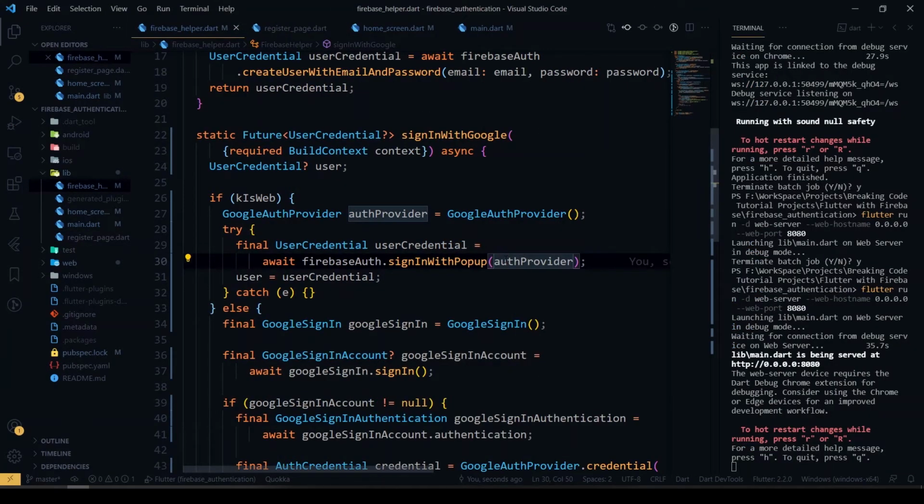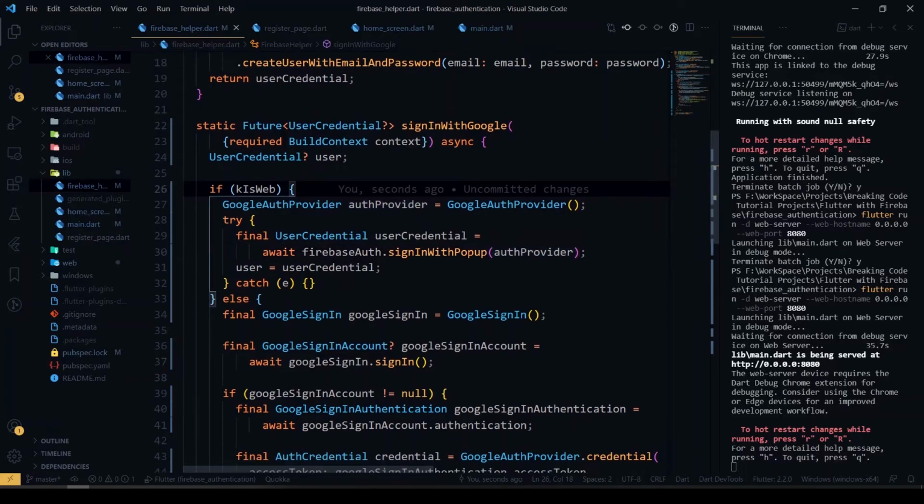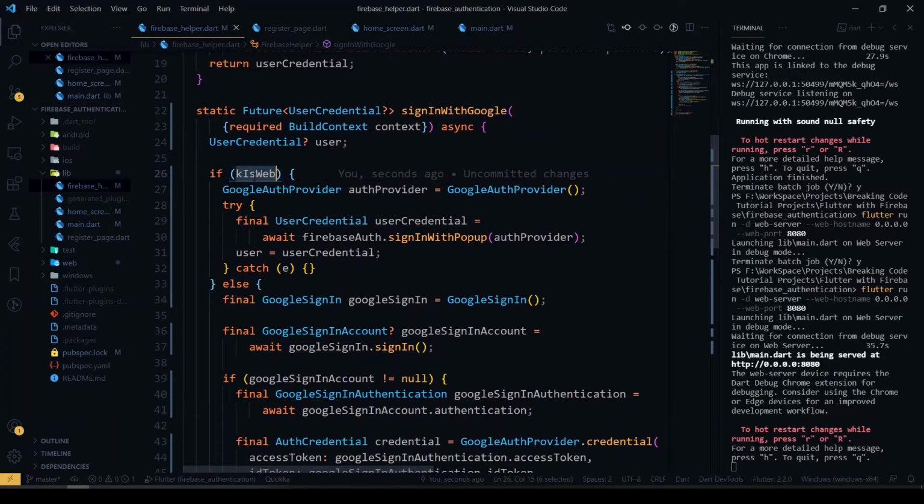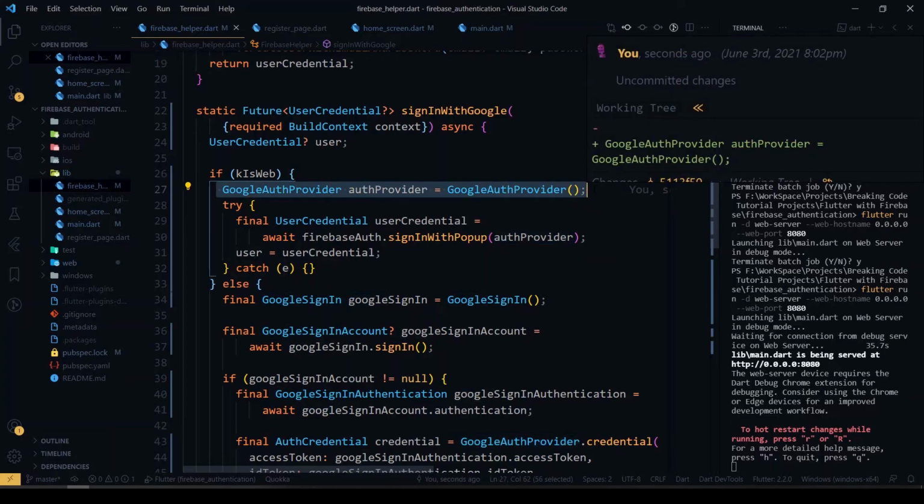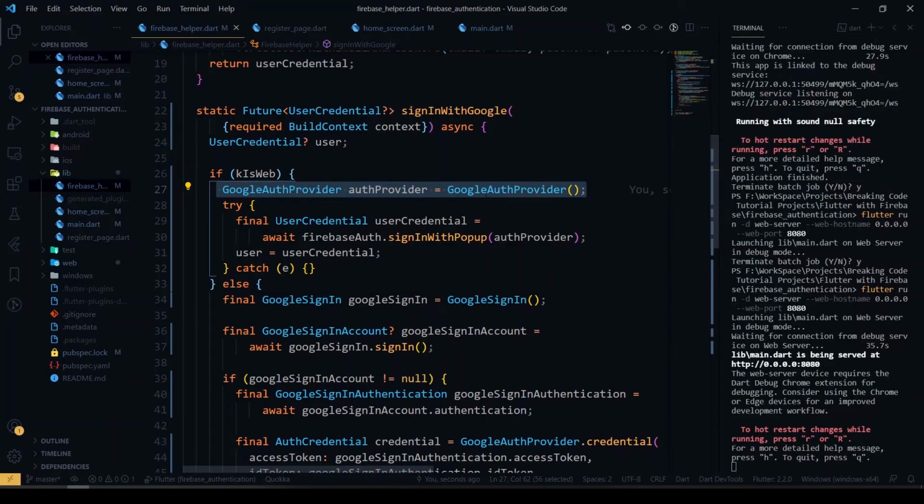And for the Google sign-in method for web, we have to do it in a different way. I have checked the condition: if the platform is web, I'm using the Google Auth provider, and we can use only the Google Auth provider to sign in with Google in Flutter Web. This line won't work in mobile platforms like iOS and Android, so we have to check the condition before it.